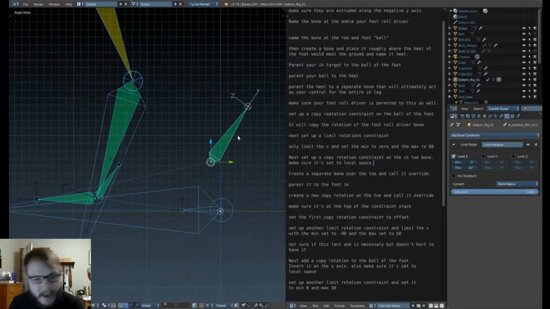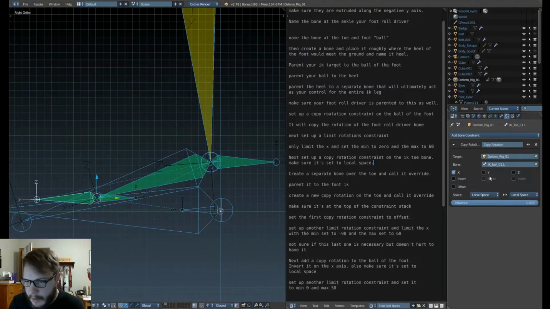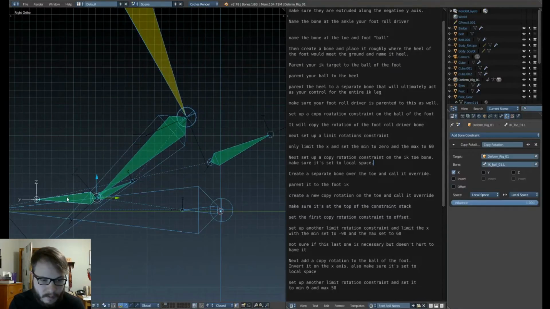My battery in my mouse is dying, so it just acted wonky. But local space, because if it rotated this way, it'd be rotating in the negative, but it can't rotate, or if it was rotating this way, it'd be rotating. I don't understand how this is working the way it is, but in fact, I think